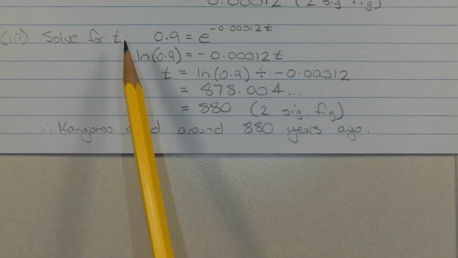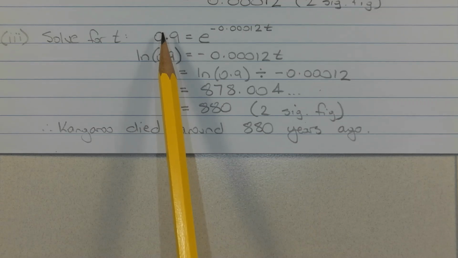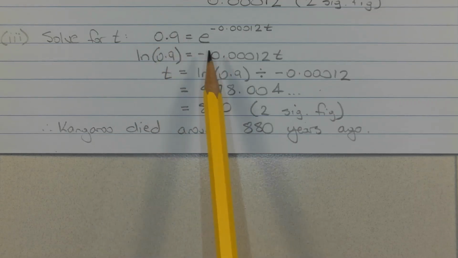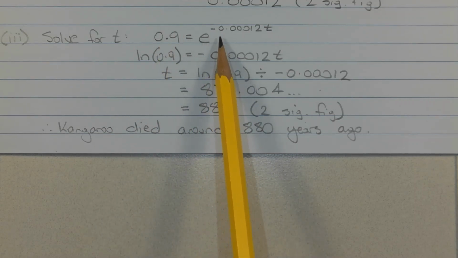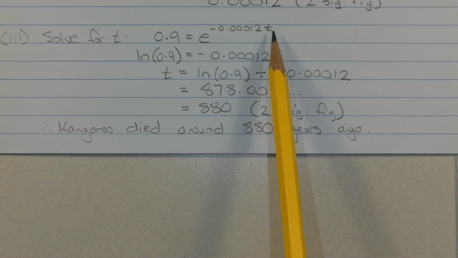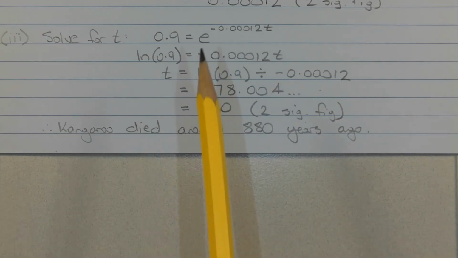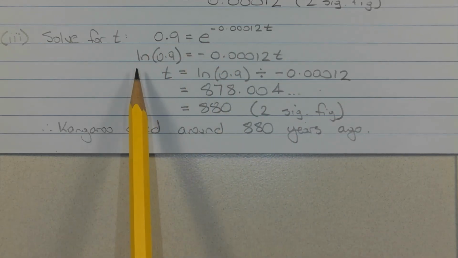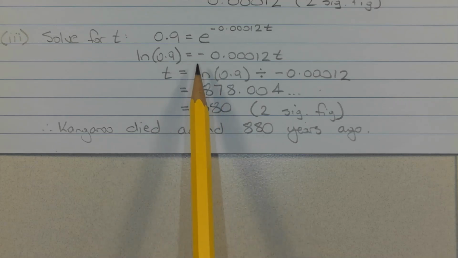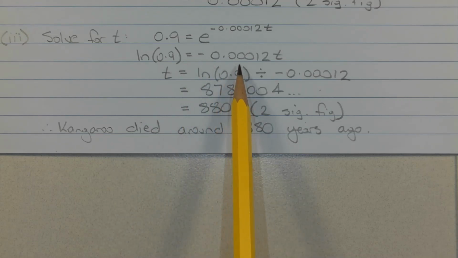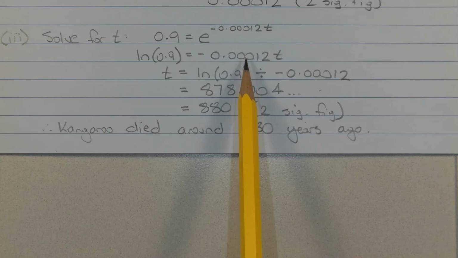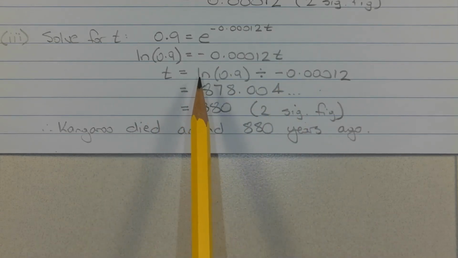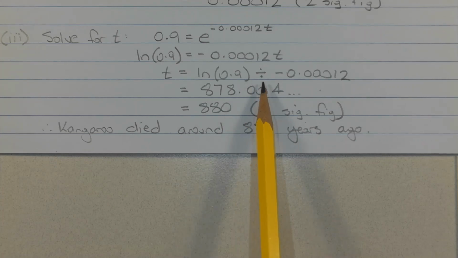Solve for t the equation 0.9, which is 90% in decimal, equals e to the power of negative 0.00012t. Taking the natural logarithm of both sides, we get ln of 0.9 is equal to negative 0.00012t. Dividing both sides of the equation by the coefficient of t to make t the subject, we get t is equal to ln of 0.9 divided by negative 0.00012,